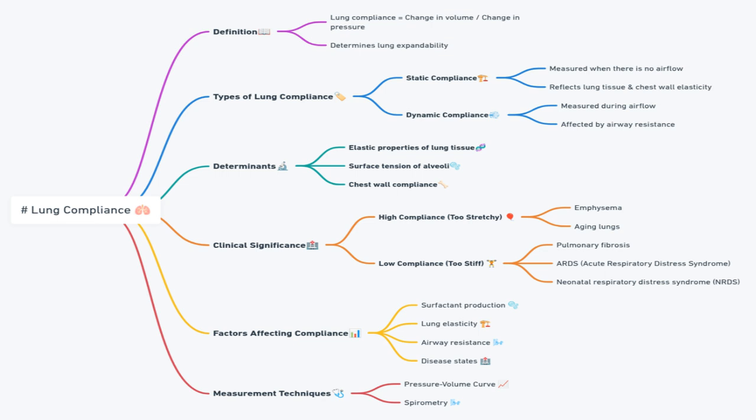Alright, when it comes to problems with low lung compliance, low lung compliance means the lungs are stiff and require more effort to expand. The causes have to do with pulmonary fibrosis, where scar tissue replaces elastic tissue; ARDS, acute respiratory distress syndrome, where inflammatory damage leads to fluid-filled alveoli; and neonatal respiratory distress syndrome, NRDS, surfactant deficiency in premature babies, depicted over here; and pulmonary edema, where fluid accumulation